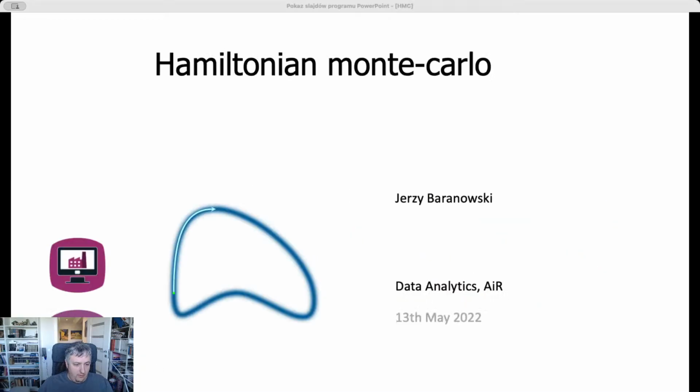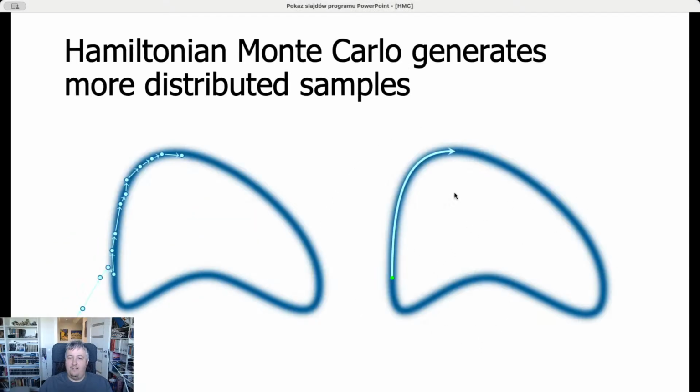And the method that we actually want to use is Hamiltonian Monte Carlo, which is currently state of the art of the Markov chain Monte Carlo methods. Hamiltonian Monte Carlo is a methodology that is implemented in STAN, in PyMC, and in multiple different